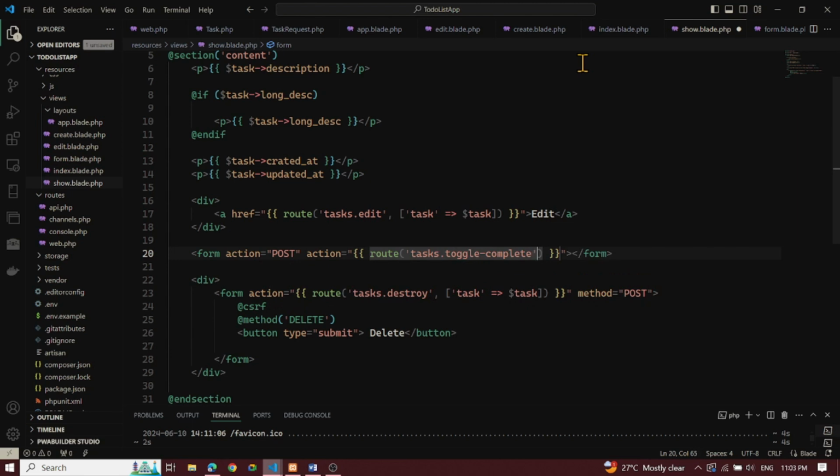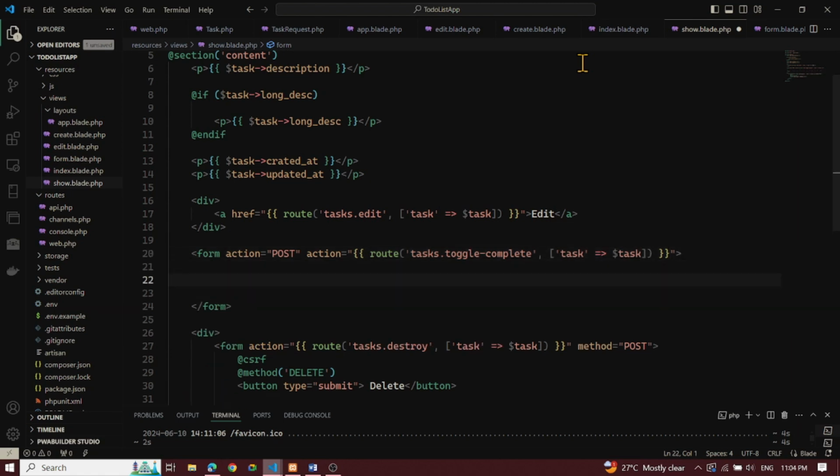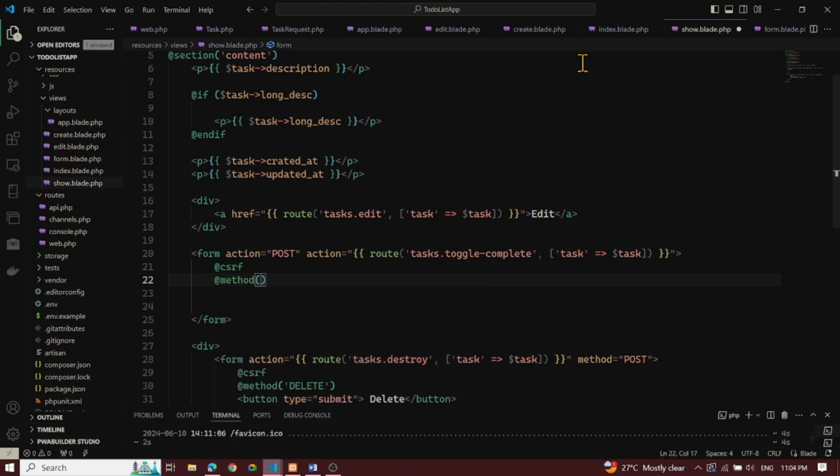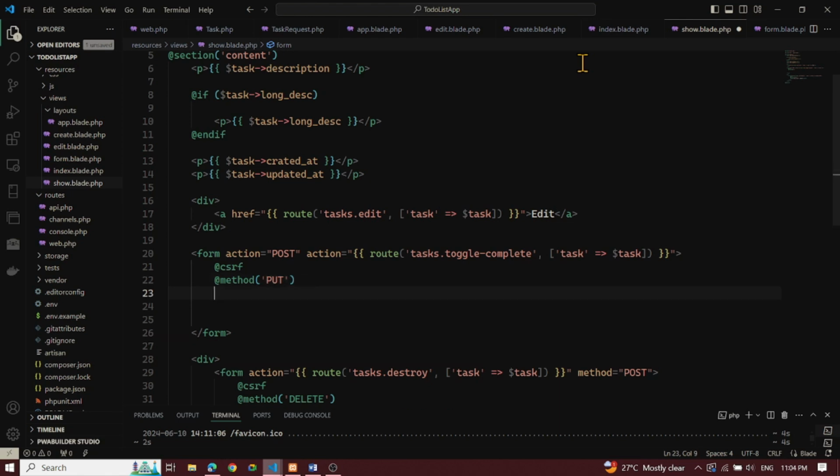Okay, and then we pass the ID. Okay, and task. Okay, so by the way, we can call this a form. Yeah, and inside this, let's put CSRF. Let's also put the method, no? So let's put here,